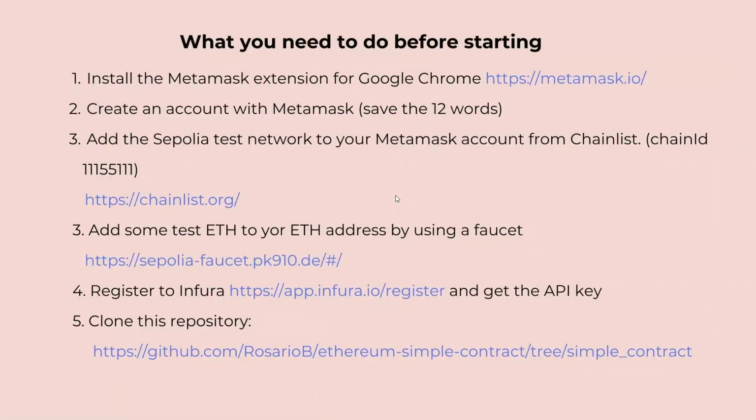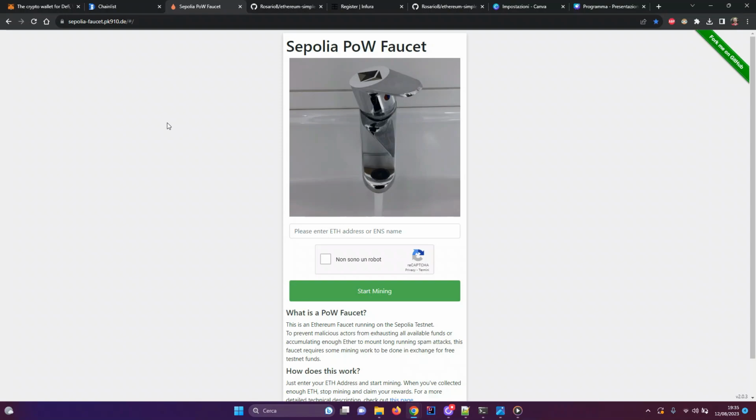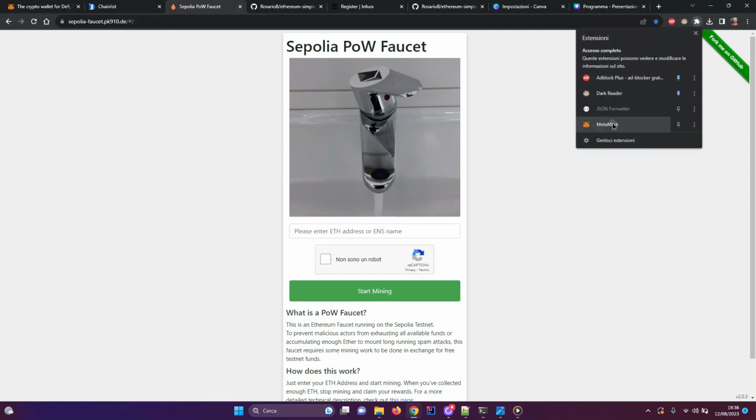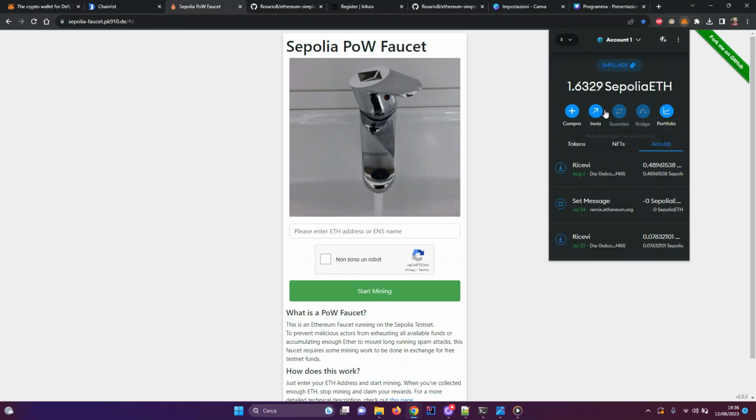Then we need to add some Ethereum, some ethers, I'm sorry, to our Ethereum address, and to do so, we will make use of a faucet at this URL. So this is the web page of our faucet. To get the ethers, we need to essentially copy the Ethereum address and paste it here.